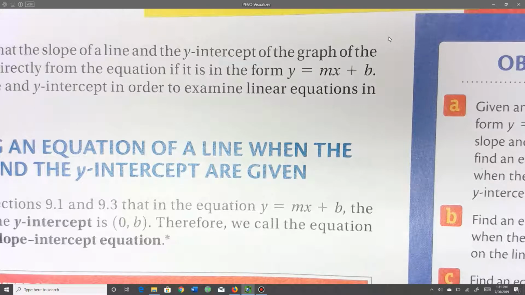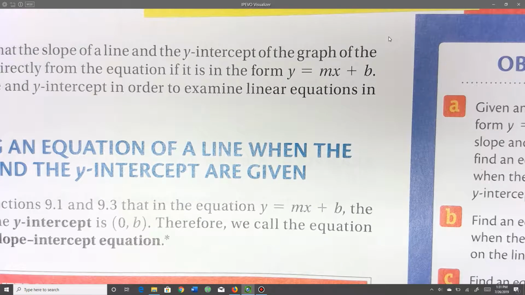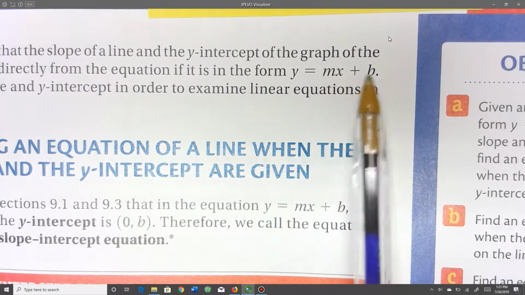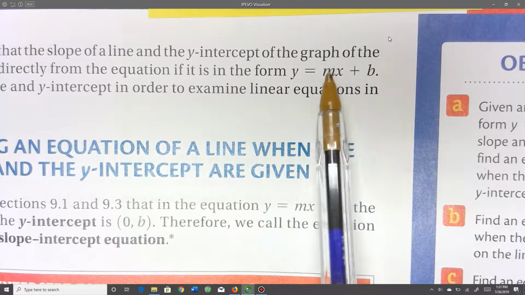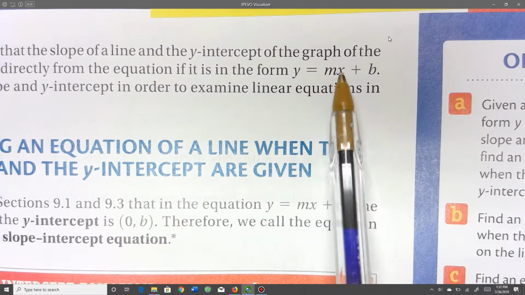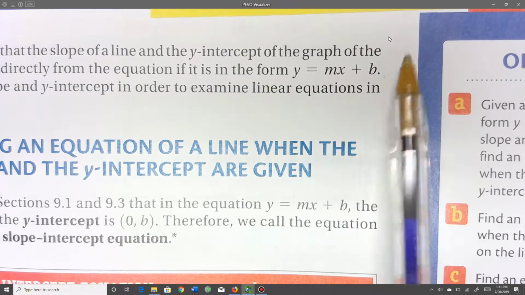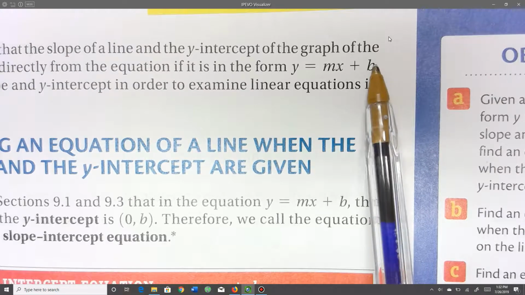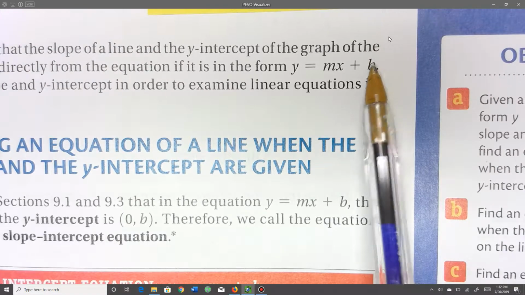Okay, so I was talking about this equation here. This is called the slope intercept equation, because m is the slope, the coefficient of x is the slope, and b is the intercept. So this is what gives you the y value for the intercept,